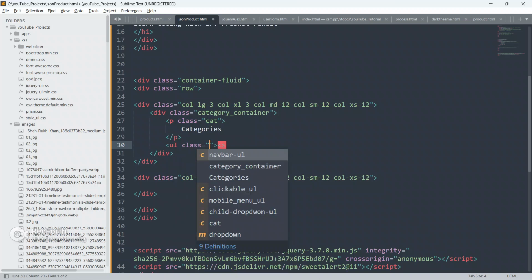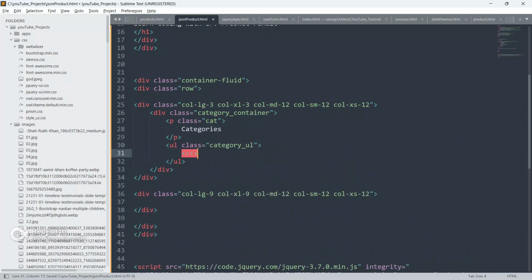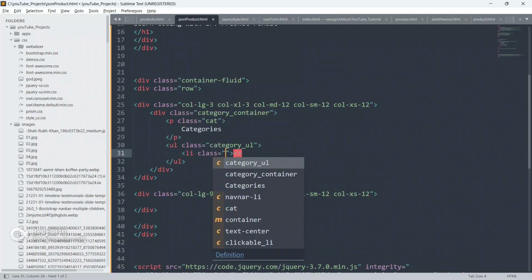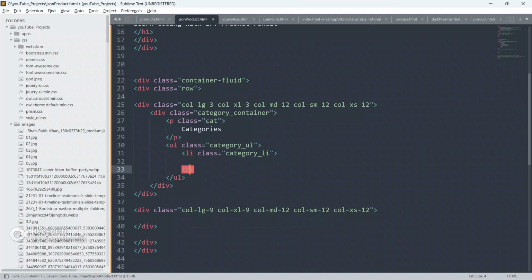So below this p, guys, just create a ul tag, give it a class as category. Close this ul now. And inside this ul, we have to create li, give it a class as category li.